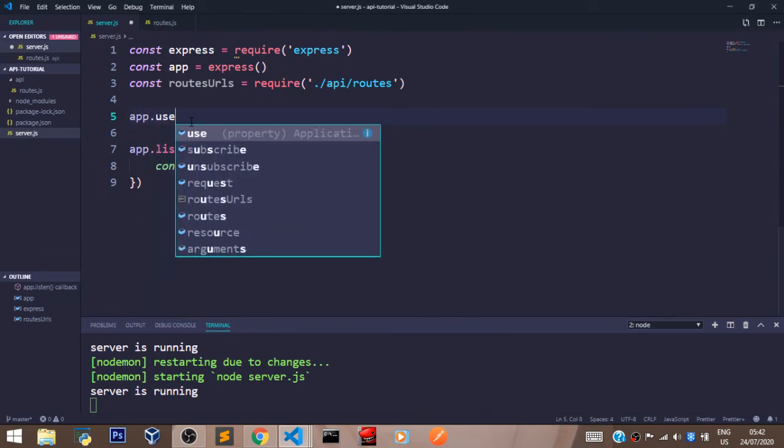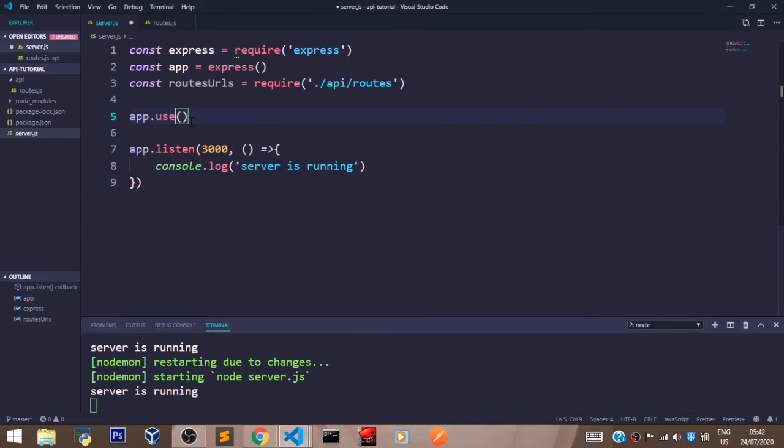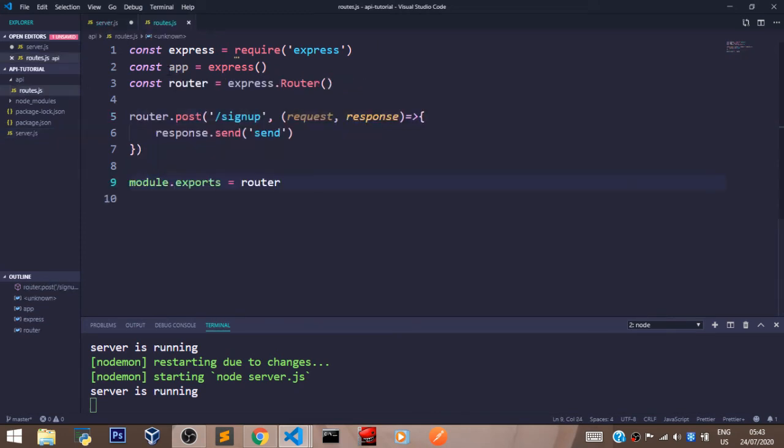So middlewares are able to pick anything from the request or from the response and manipulate it, but they mostly sit in between the response and the request. So app.use is always going to be used by me or by anyone you see to create mostly a middleware. So right here in the use function, I'm going to set the URL for this route here. So I'm going to do that by saying